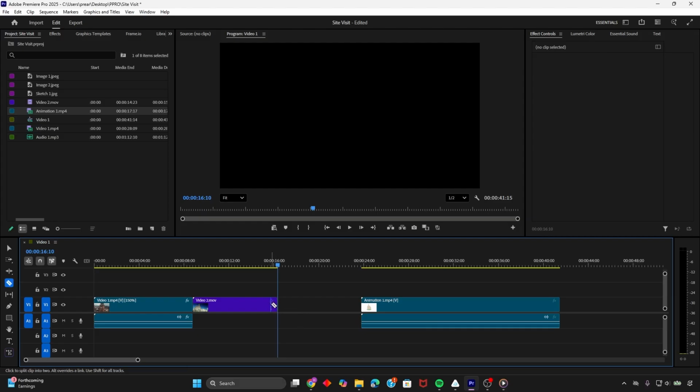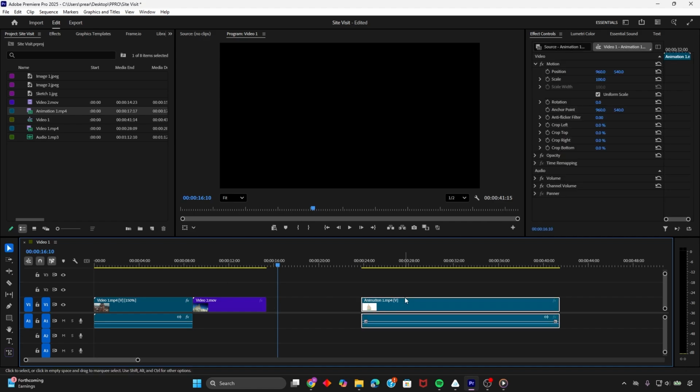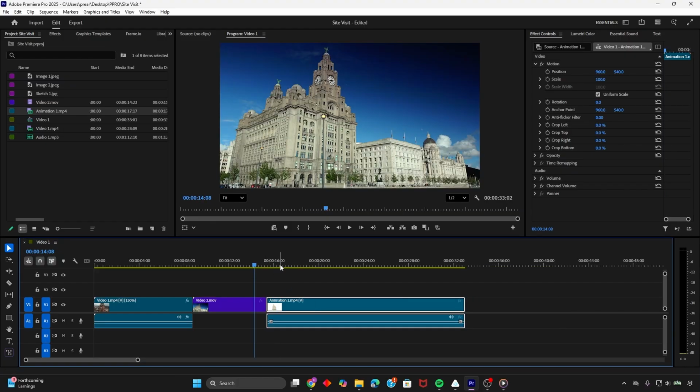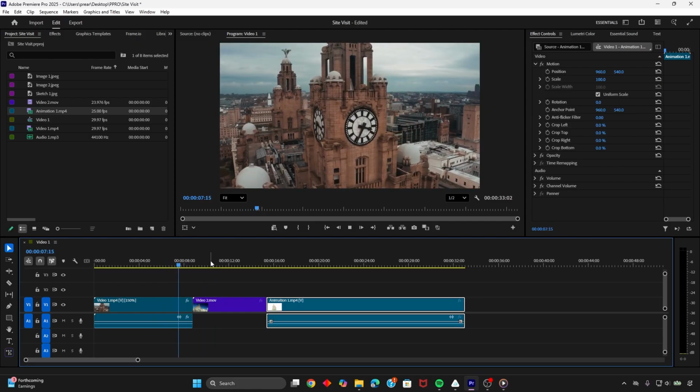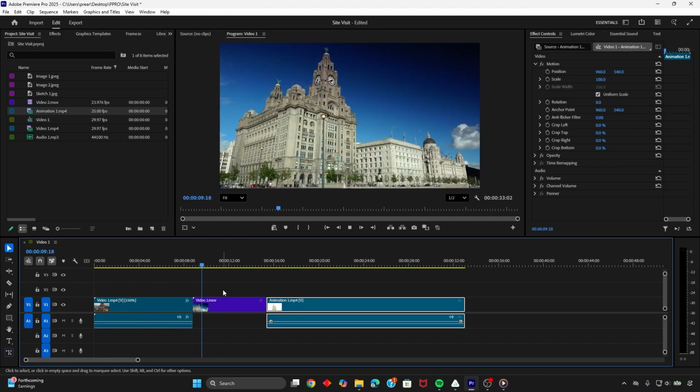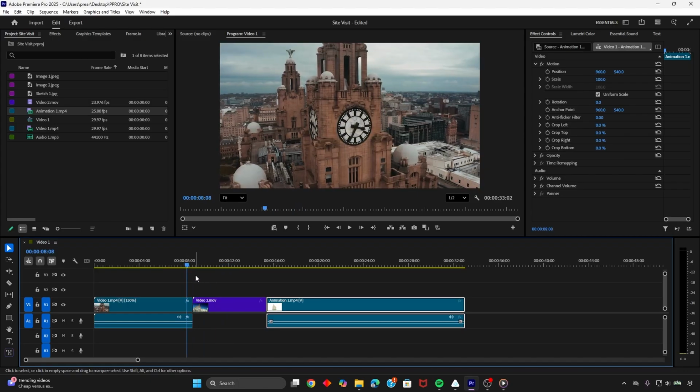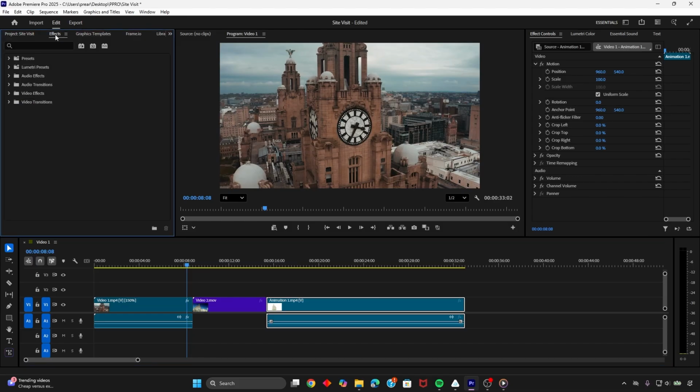I'm going to slice a little bit more off this one, maybe. Then I click my next clip, which is highlighted in white, and I'm just going to drag that one to meet the other one, so I've got a continuous sequence. So I'm happy with my clips now, but my problem now is I don't like the transition between them. So if you come up to your left-hand panel here, and it should say F,